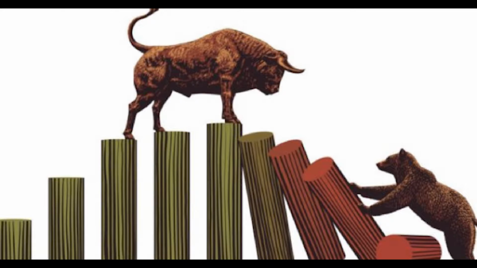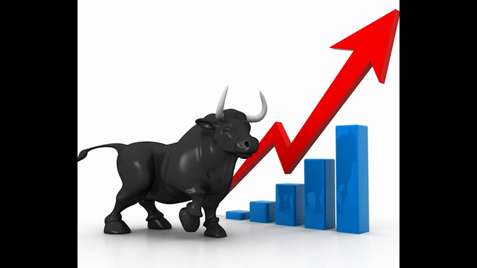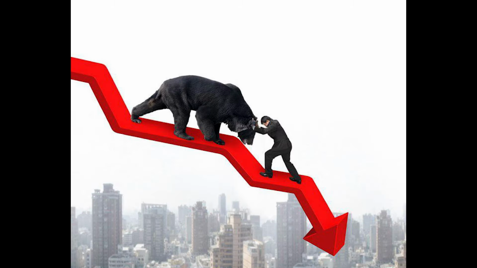A bull market refers to when the market is on the up and is going well and buying is encouraged. A bear market is the complete opposite and is when the market is already going down and many fear buying,